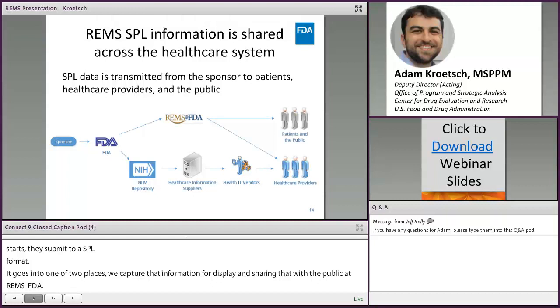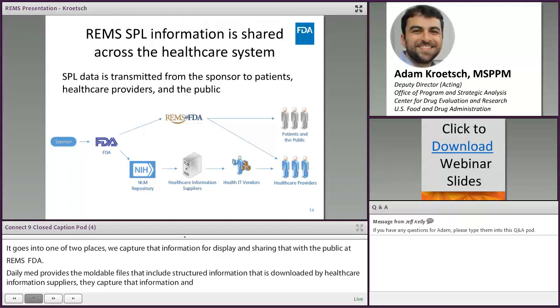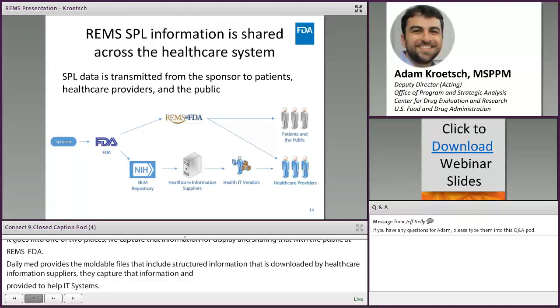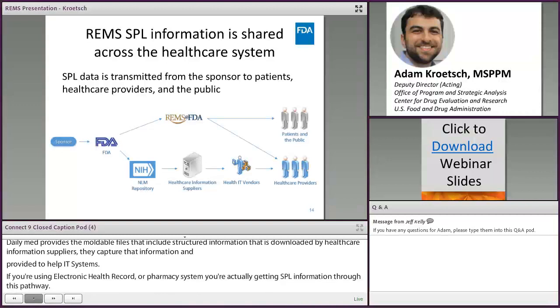They capture that information in their drug databases, which they then provide to health IT systems vendors. So if you're using an electronic health record, if you're using a pharmacy system, you're actually getting that SPL information through this pathway, and it's being made available to you as you're carrying out your prescribing or dispensing of the drug. That pathway is used, as I mentioned, currently for labeling,